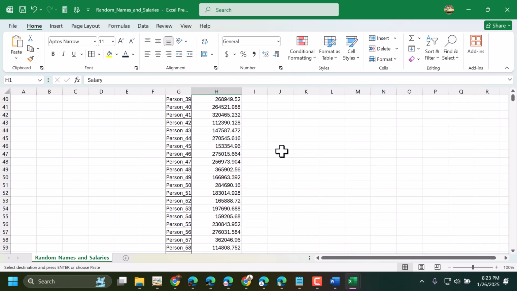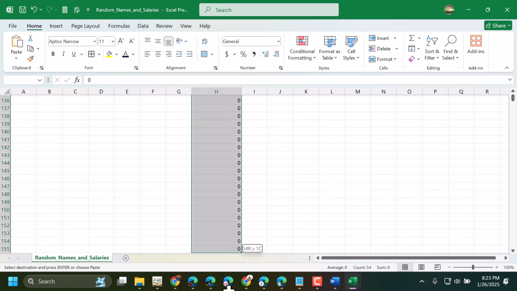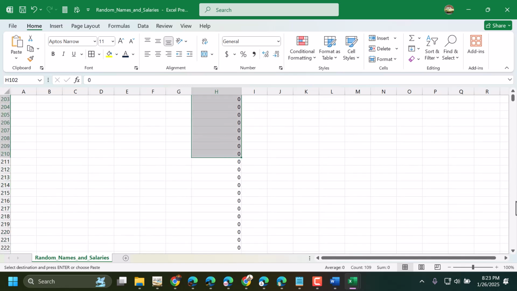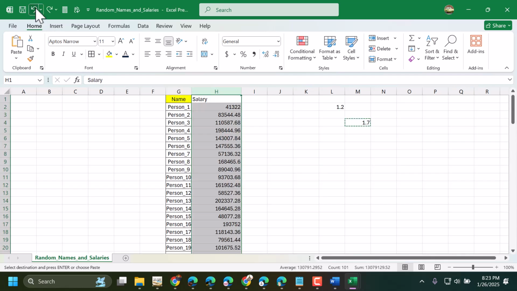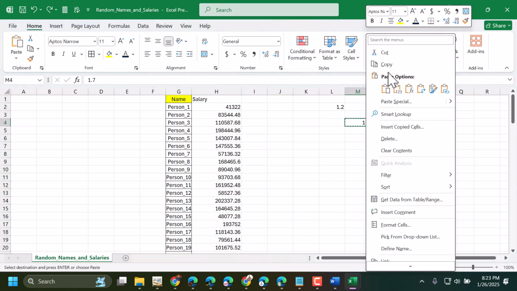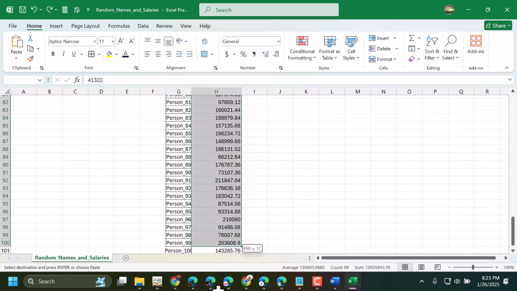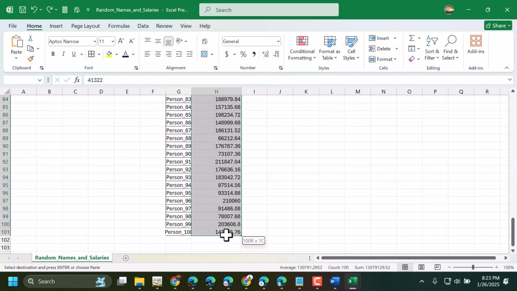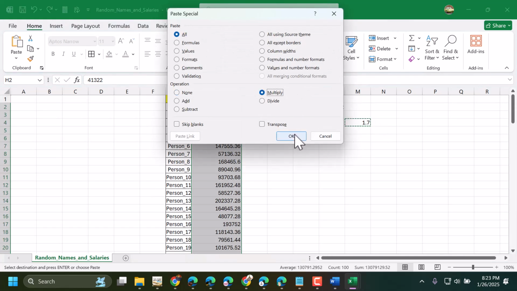multiply the entire column, and you will see this 0, and you just need to multiply where you have the data. So select that particular cell, firstly copy, and drag and drop, and select your column where you have the data, then paste special, multiply, then click on